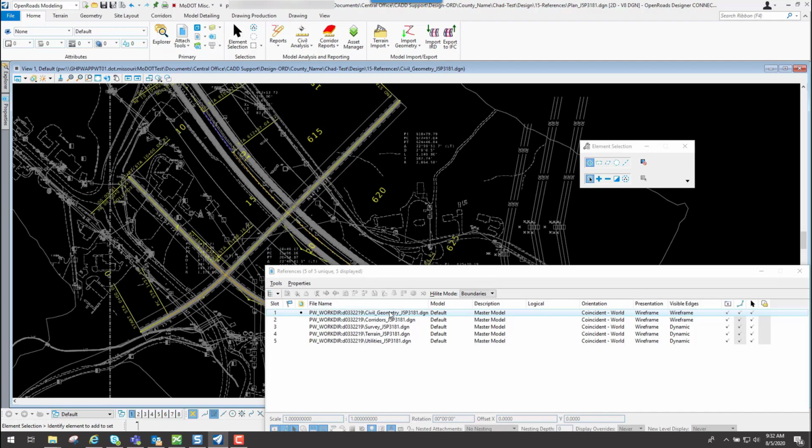Now, one note on the activate option is that it works really good if you're just doing a minor change to that particular file, like if you're moving something or possibly deleting something. That works pretty good for that. But if you're doing more changes to it, like if you're trying to copy something or you're adding to that file, maybe you're adding a line or adding an entrance or something like that, it would be better to actually exchange into that file or physically do a file open and make those changes.